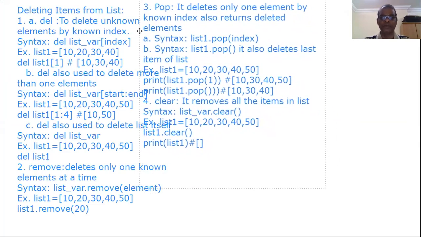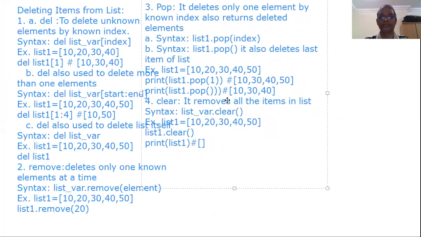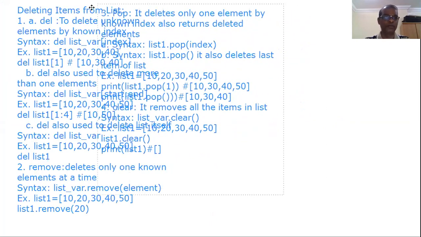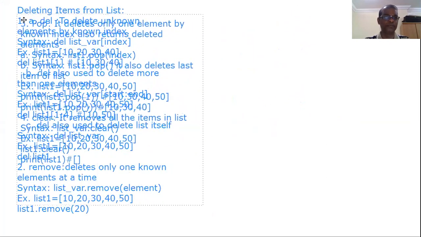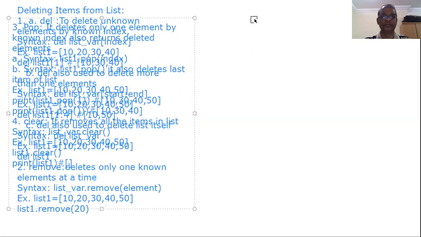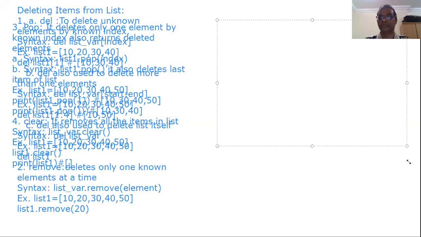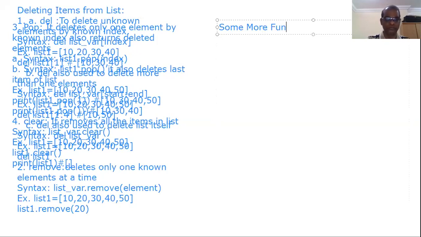We will see one by one. Some more functions.